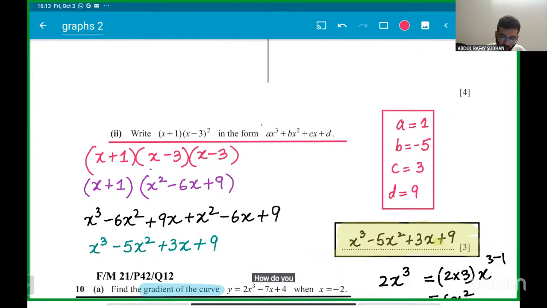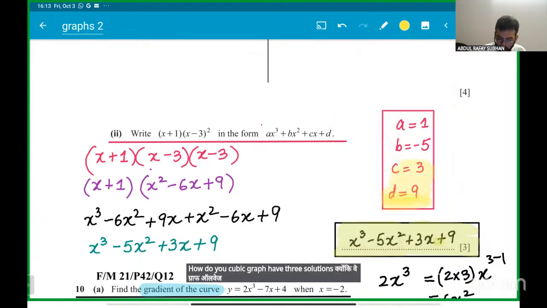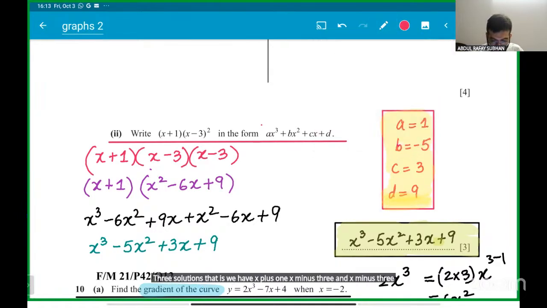How does a cubic graph have 3 solutions? A cubic graph always has 3 solutions. That is, we have x plus 1, x minus 3, and x minus 3. Now,